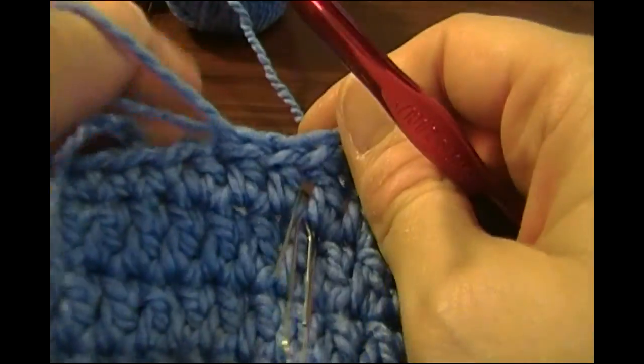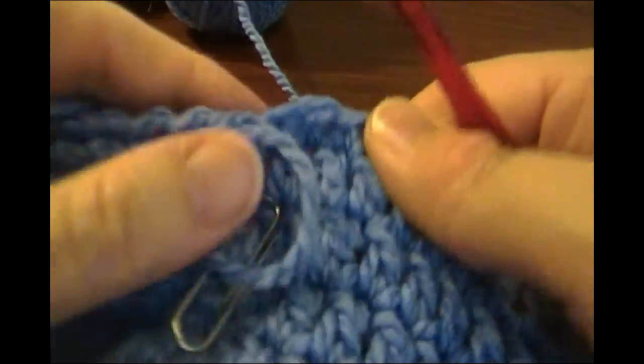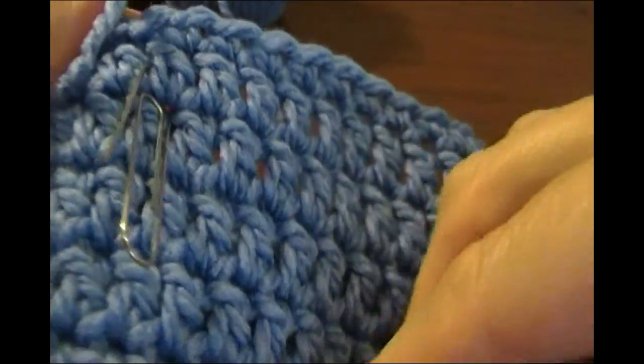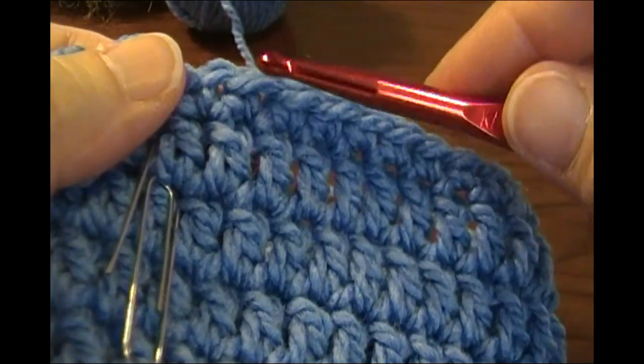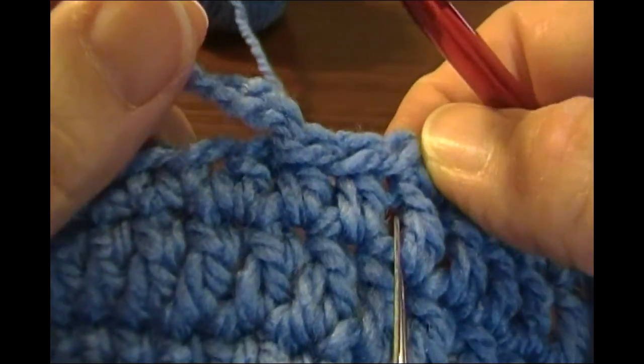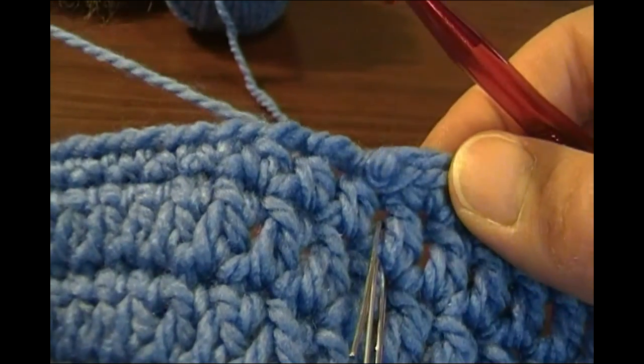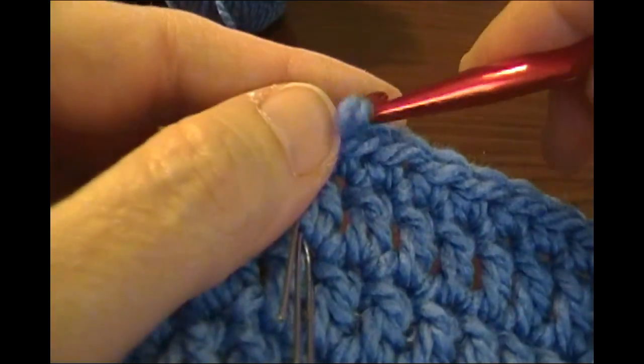Okay, this is the variation for the ribbed cuff. If you followed the instructions so far, you've worked for 7 inches, and then you did a round of single crochet, and then you slip stitched in the 3 half double crochet. What I'm going to ask you to do is pull out those slip stitches. What we're going to do instead